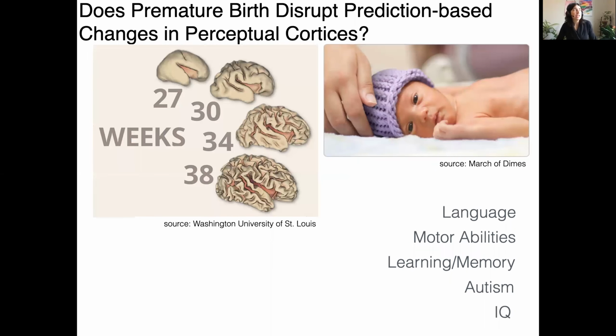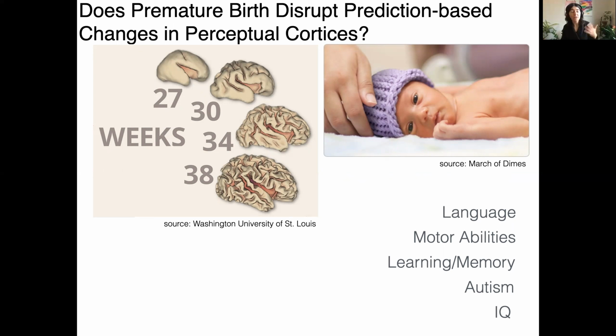And so our question is, does premature birth disrupt prediction-based changes in perceptual cortices? And I'm sure you all know premature birth is a risk factor that puts babies at risk for a number of potential medical and developmental difficulties, including language delays, problems in motor abilities, learning disorders, autism, and reduced IQ, among others. And part of the reason why that might be is because the brain is changing so incredibly over